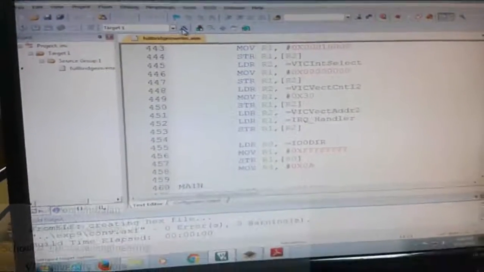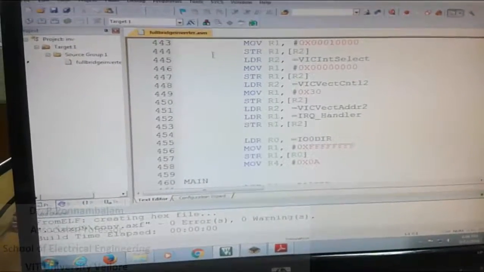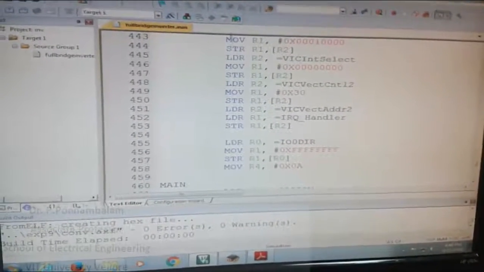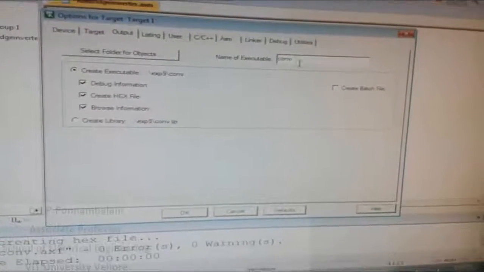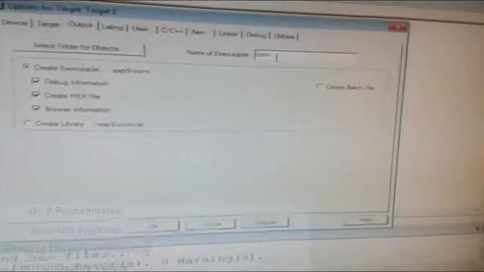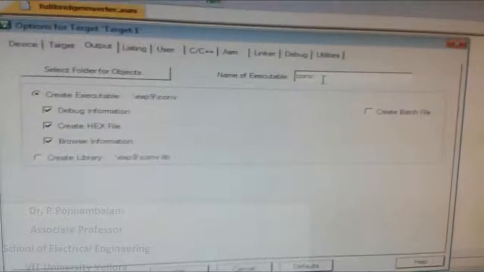Okay, now I'm going to convert the ASM file to hex code. Click on options for target. In the output tab, click create hex file, and the name of the executable file will be whatever file name you gave when creating the project.